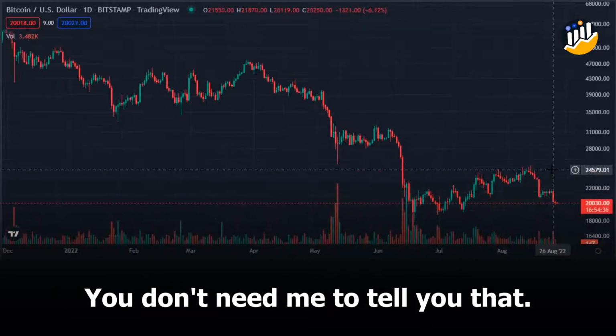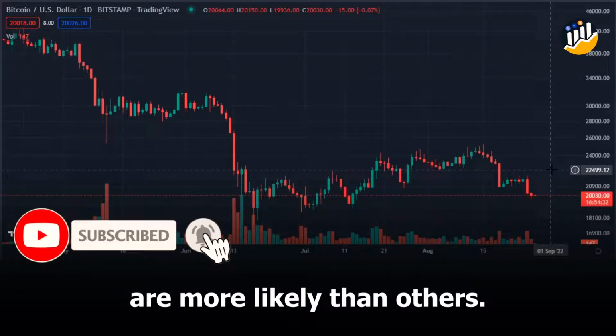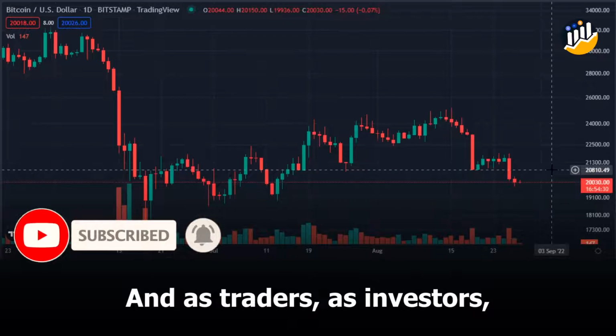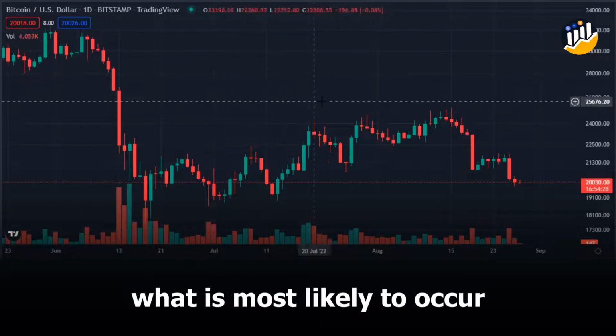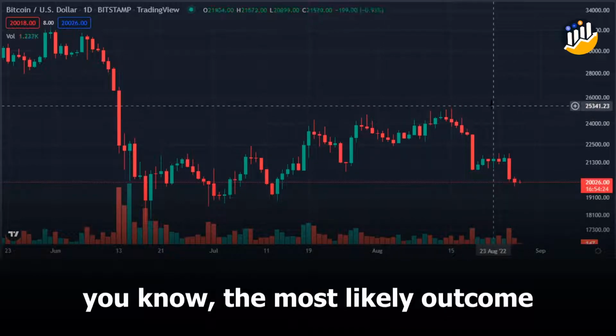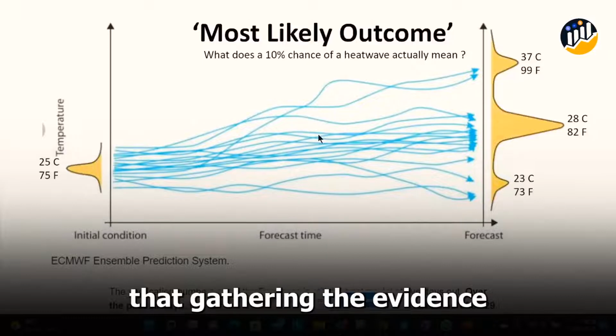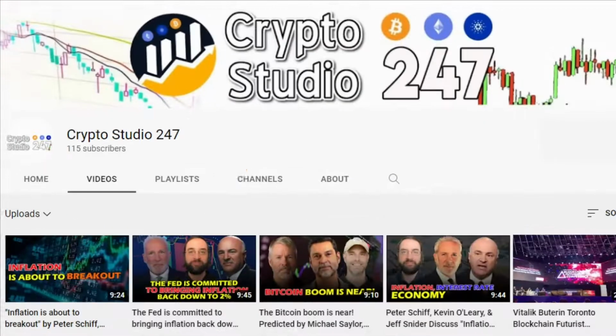You don't need me to tell you that. So there's a range of possible outcomes. It's just that some of those outcomes are more likely than others. And as traders, as investors, we want to focus on what is most likely to occur, the most likely outcome. So if I can just move on this slide and just explain to you that gathering the evidence,